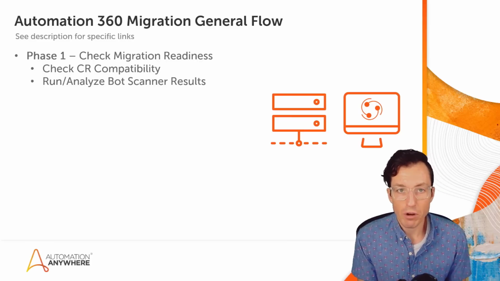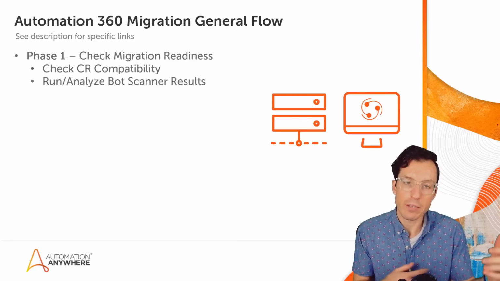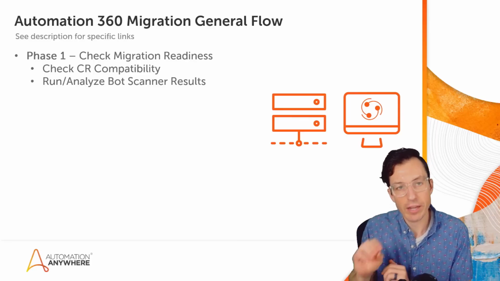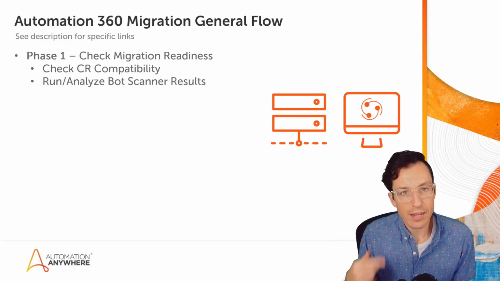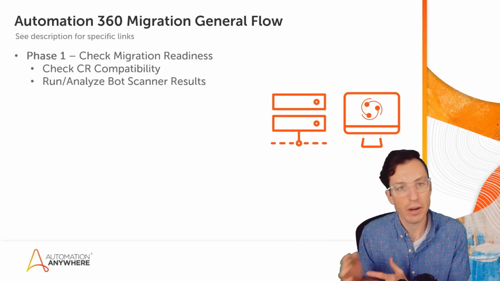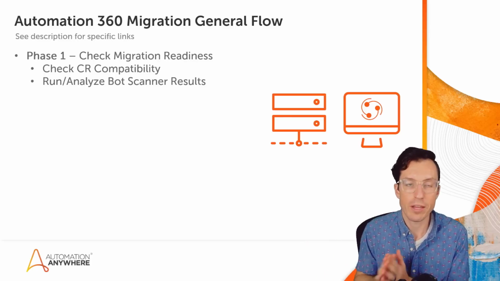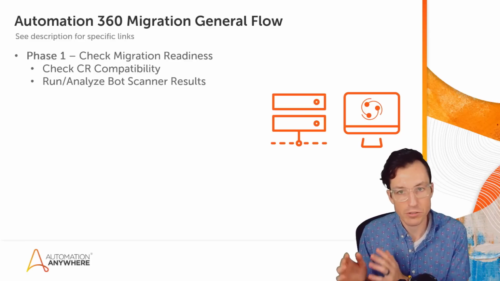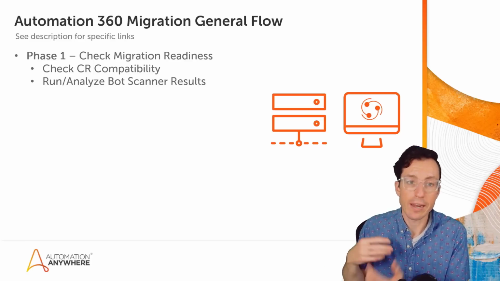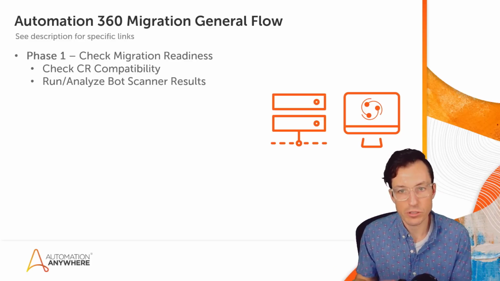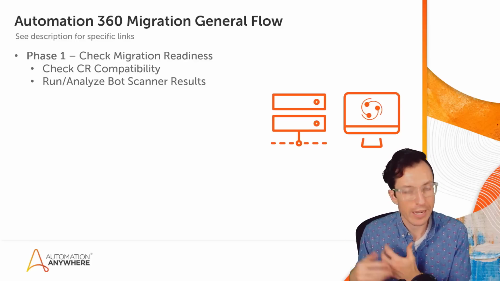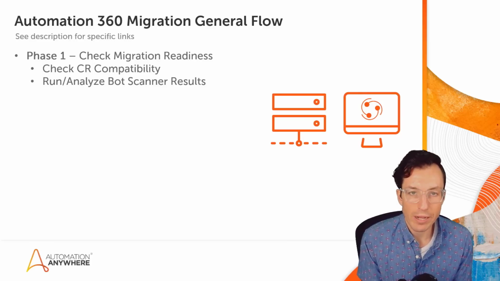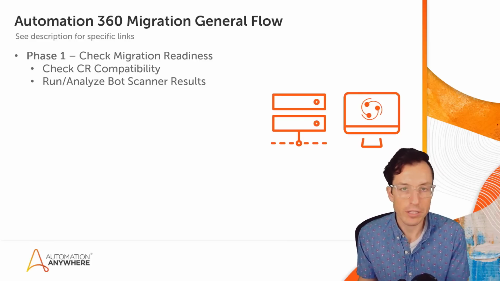You can download and run the bot scanner utility. You would run it against all of your ATMX files, not directly in the control room, but off a local copy. It will analyze all of those and tell you if you're going to run into any specific problems with the commands that you've used or the implementations of your different automations. It will give you some suggestions to be ready for once you do your migration. But assuming you have a 90+ score on your bot scanner results, then you're generally safe to move forward